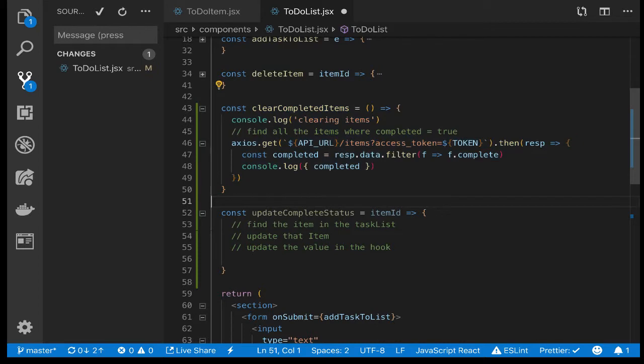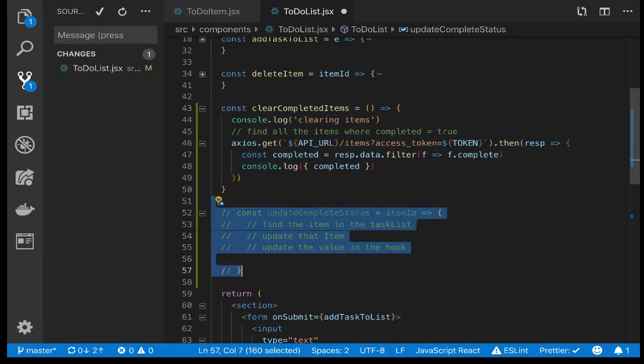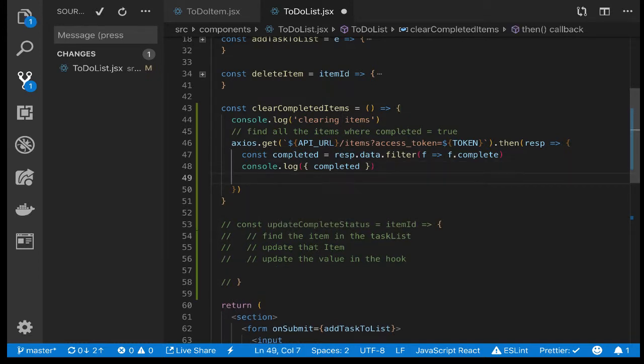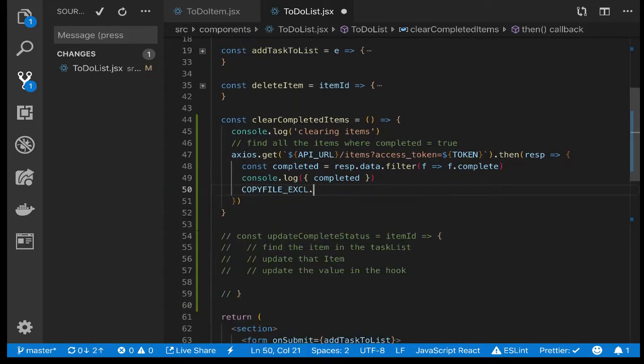Anywho, so I'm going to comment that out for you so you can check that out. After we get our completed, then we want to, for each one of these, send a delete call, right? So we're gonna go completed dot